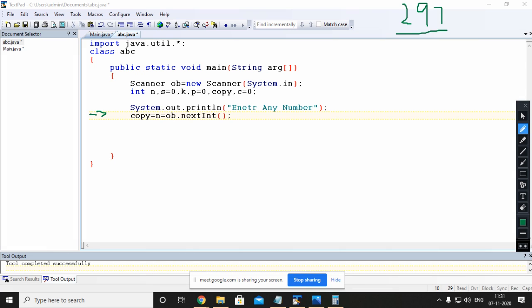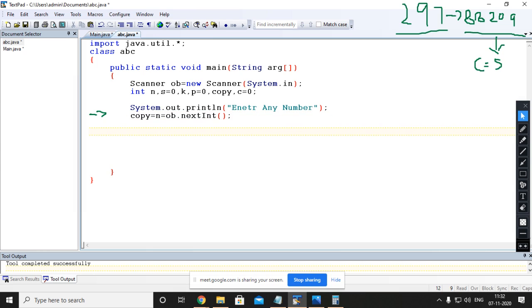Then after this, what will you do? You will do the square, that is 88209. Then for that we will count the number of digits as 5. How? Till here we will discuss. Now in P we are storing the square. Am I clear? After that, just count the number of digits.